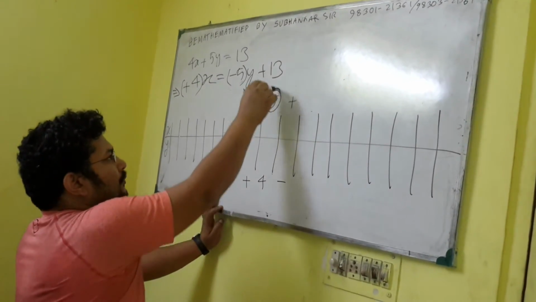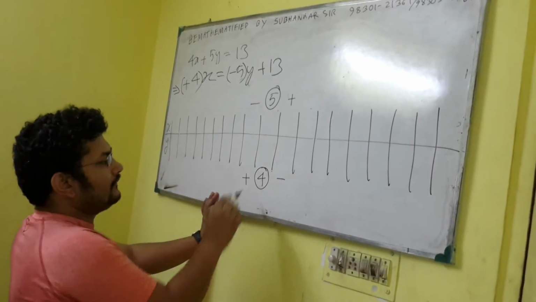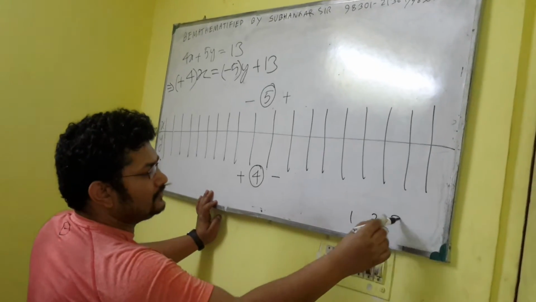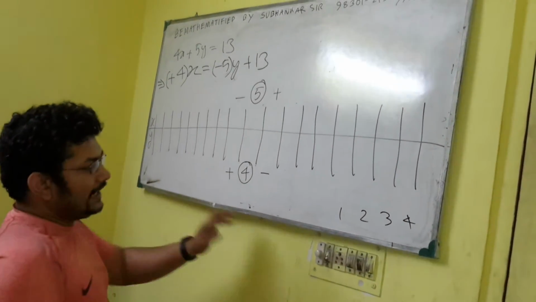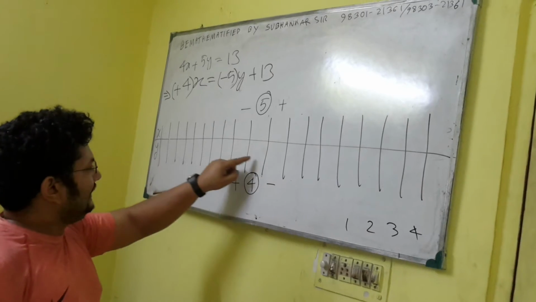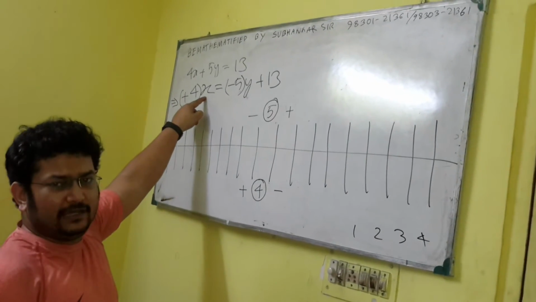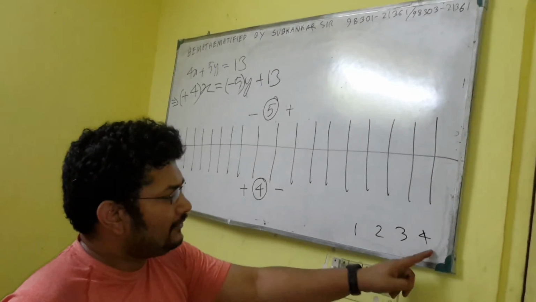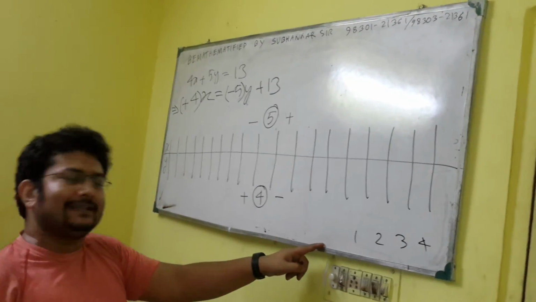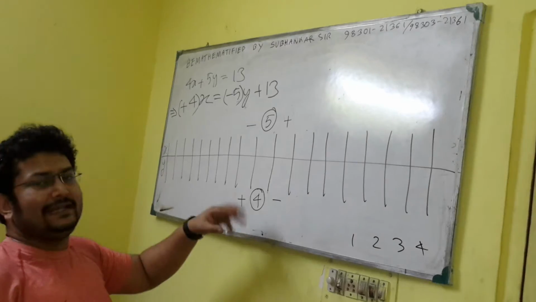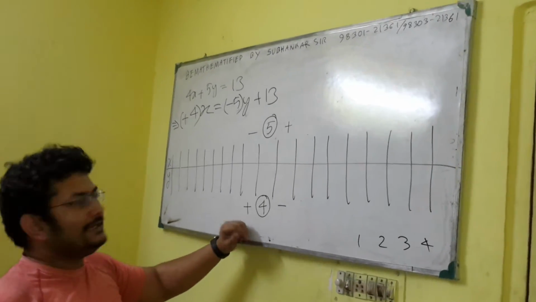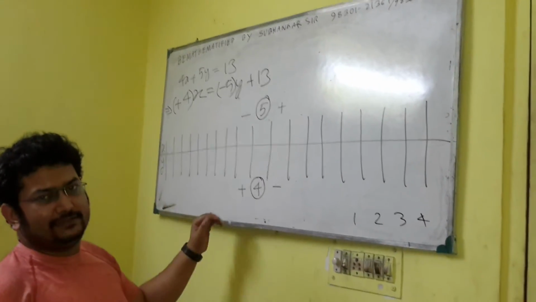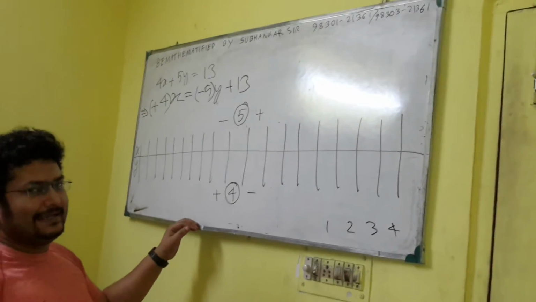Now, take the smaller one out of these two. 4 is smaller, so write 1, 2, 3, 4. I will put 1 equal to y and then find if x is coming out to be an integer or not. If I cannot find any integer value of x with these values of y, I can safely say there are no integral pairs. Like x can be integral, y should be a fraction in those cases. But chances are rare. Let's see.